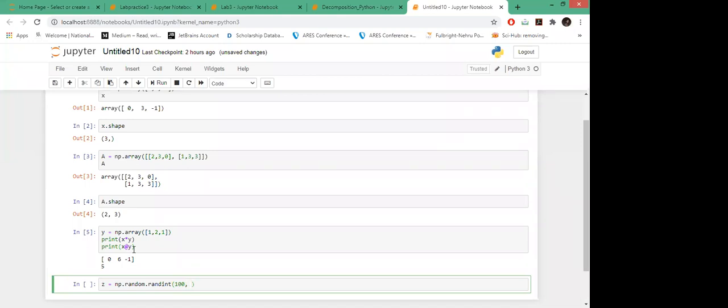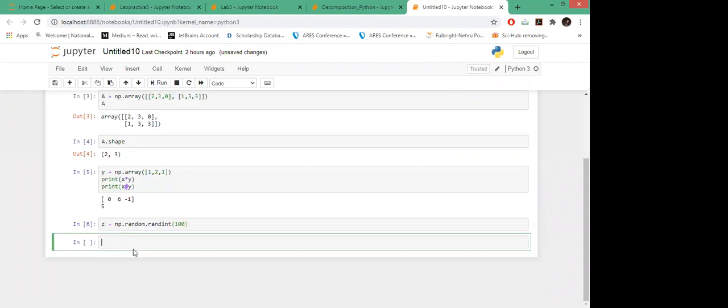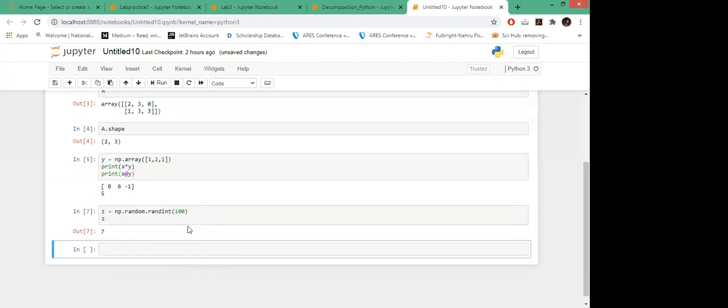It will select randomly the integer values from this range, where 100 is giving me the range. I want the random integer numbers from 0 to 100. If I don't specify any size here, I will get just a single number.